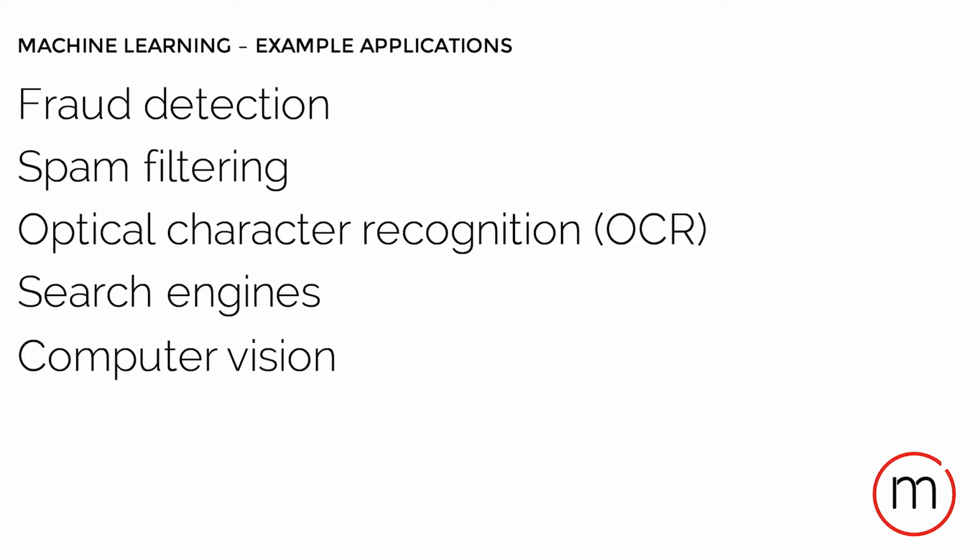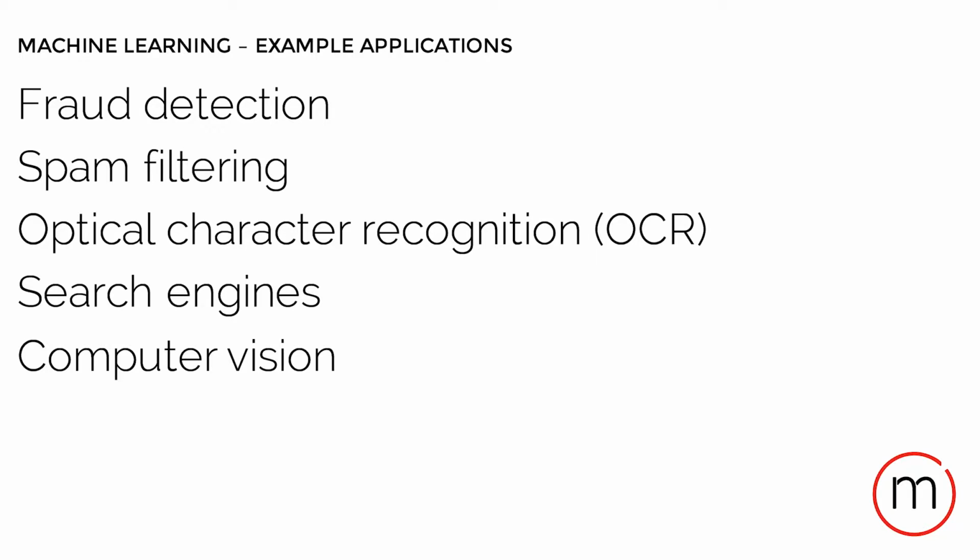Some of the example applications that we know today are fraud detection, but also spam filtering. Spam filtering uses a lot of machine learning algorithms to make sure something is or is not spam, and they're getting better and better by the day. People of you that use Gmail will see that it's actually doing a very good job. There's OCR, Optical Character Recognition. So what is that? We can detect text in pictures. That's also something that is auto-learning. Search engines use a lot of machine learning.